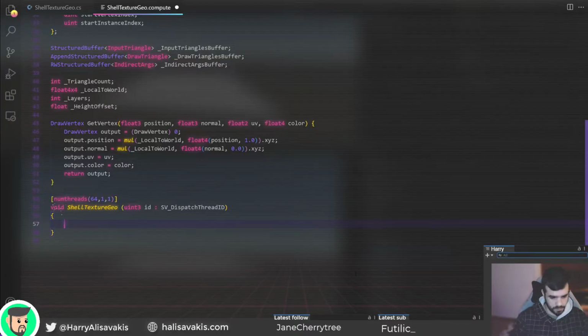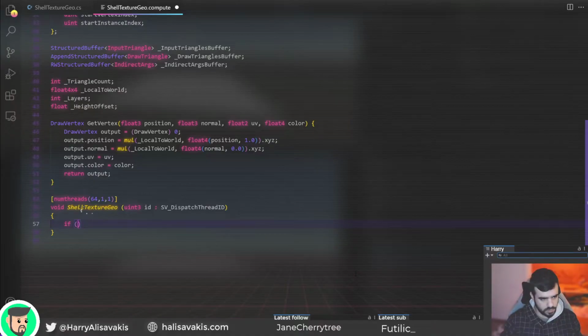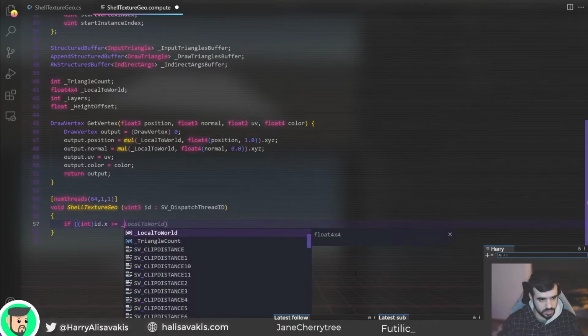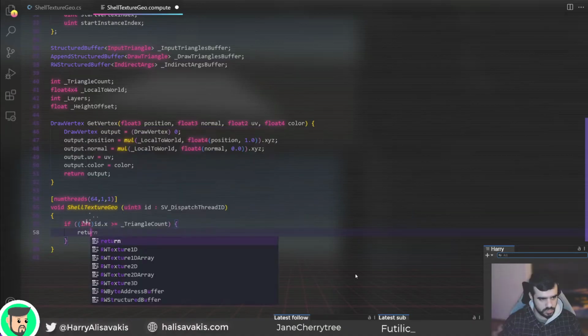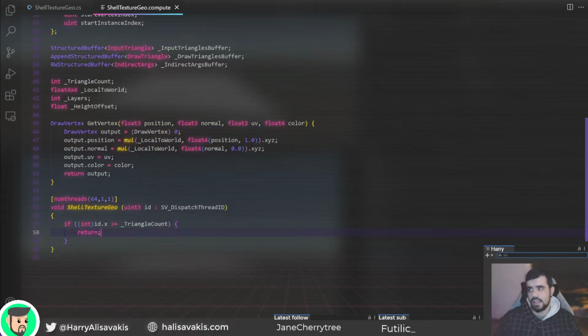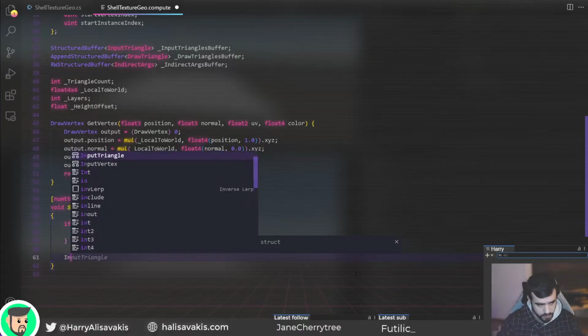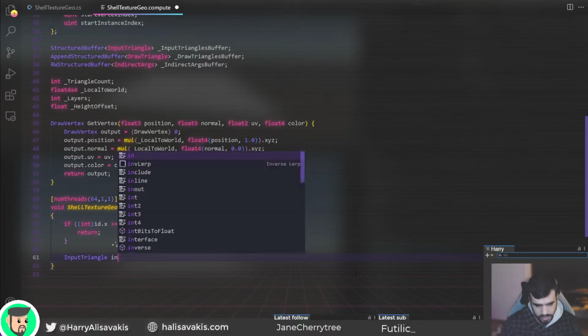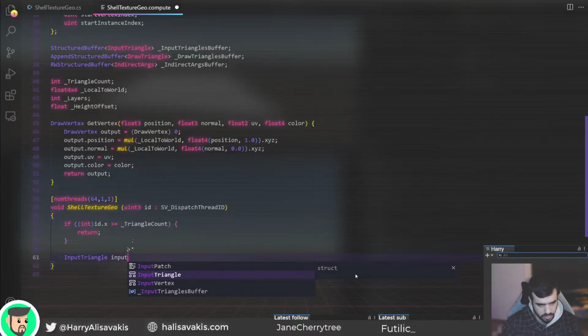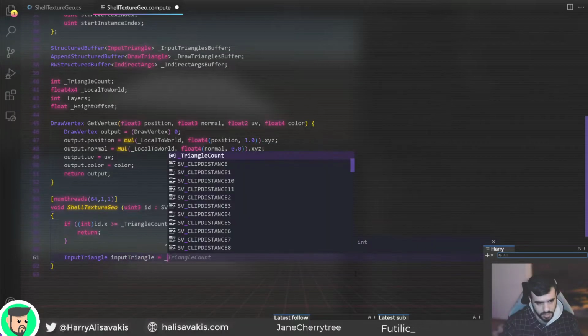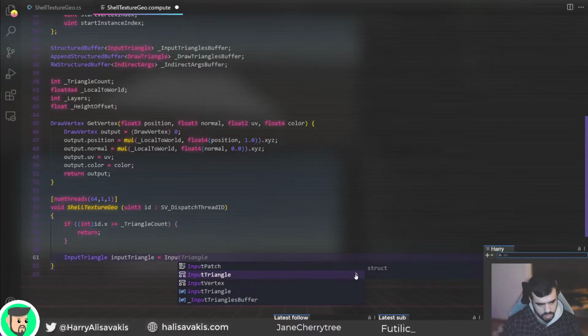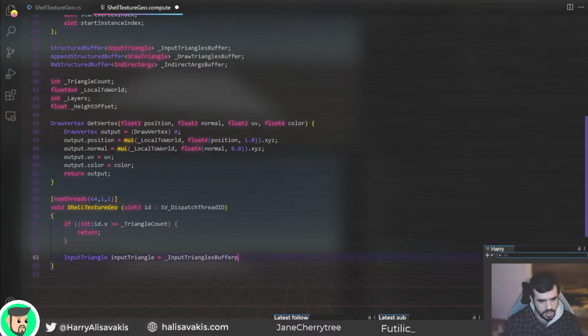And now, so if we run out of triangles, we should probably just return triangle count. Okay. My triangle right now, input triangle is the input triangles buffer ID X, yeah, and